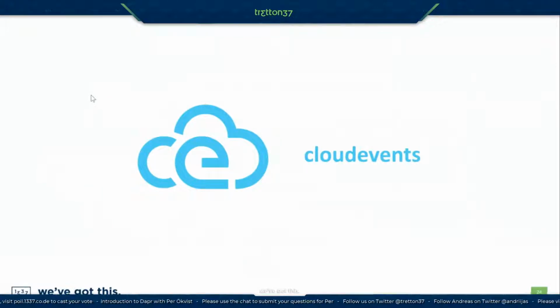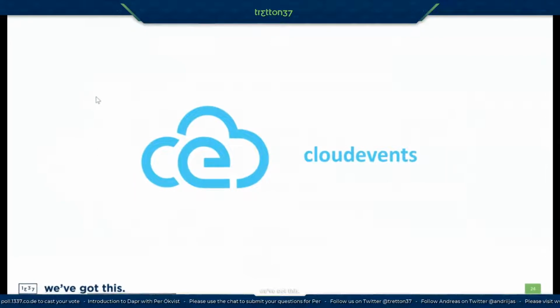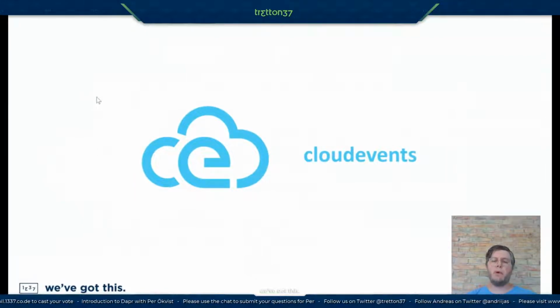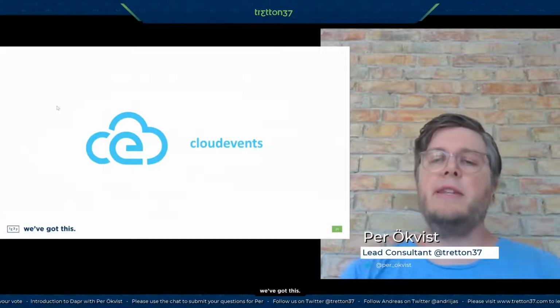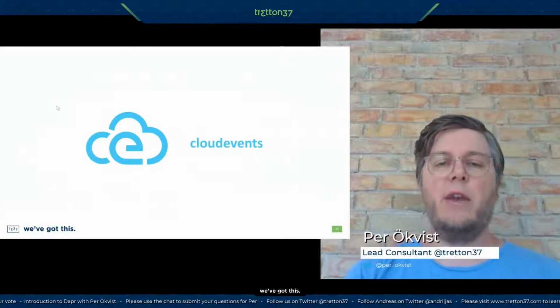But before we move further, we need to talk about a few standards that are surrounding Dapr, that Dapr utilizes. One of these things is CloudEvents. CloudEvents is a standardized envelope type for events. So when Dapr communicates through its pub/sub component, every event is wrapped in this CloudEvents standardized envelope.